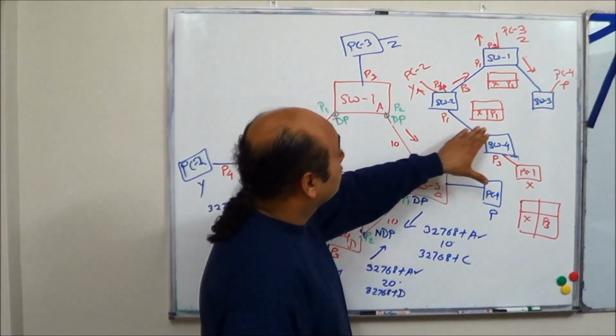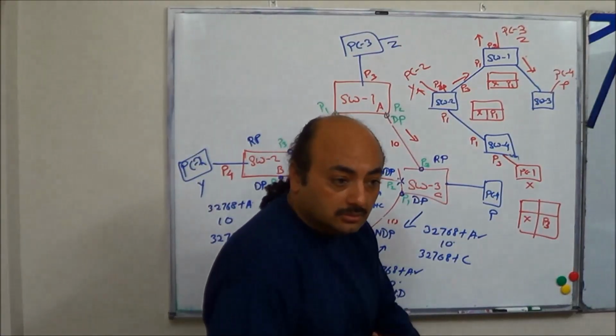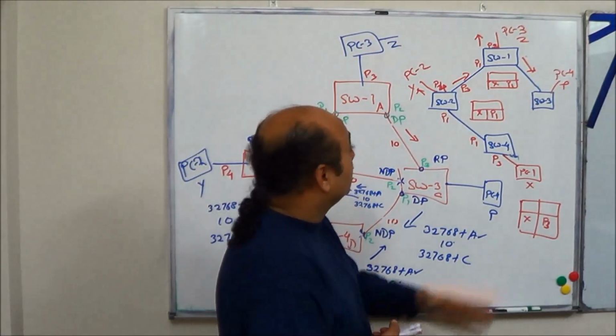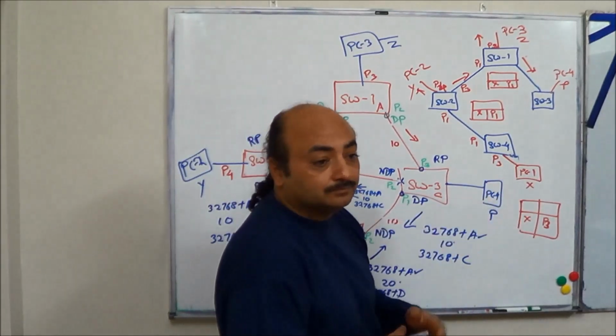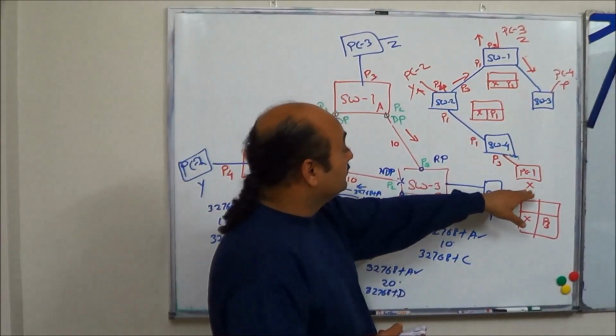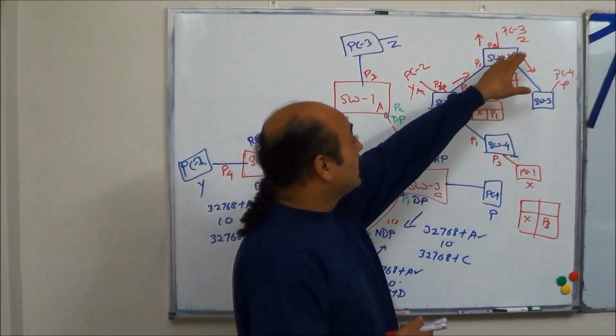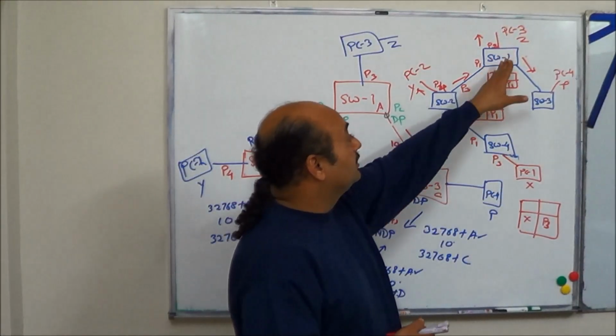Now, in this condition, the source MAC address seen here has been learned. Let's go back from PC3 to PC1. PC3, having MAC address Z, wants to send to PC1, having MAC address X. Source MAC Z, destination MAC X. It forms the frame and sends it to the switch.